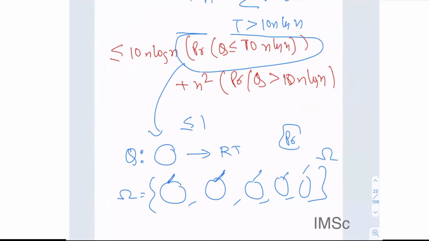So when I say probability Q is less than 10 n log n, then basically I'm saying that it is the sum of probabilities of this quantity plus this quantity plus this quantity plus this quantity. But we know the total sum is at most 1. So in particular, this is also less than or equal to 1. Like just simple probability. So we could use that as an upper bound. But we cannot use 1 minus c as an upper bound. Yes, we could also use that, but that requires a very different kind of argument, not this one.